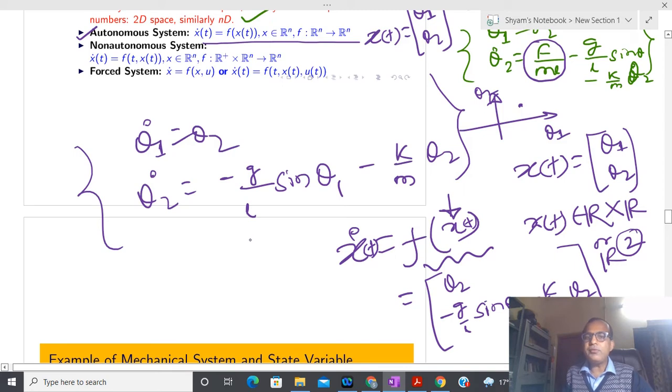Okay, does anyone have confusion on this? Then please let me know. Whenever a system is evolving without any forcing function, that system is called an autonomous system. You might have heard this word: autonomous robotics, autonomous vehicle. So what is the meaning of autonomy there? Anyone, could you please explain? What is the meaning of autonomy there?